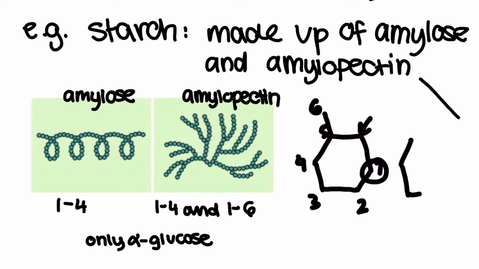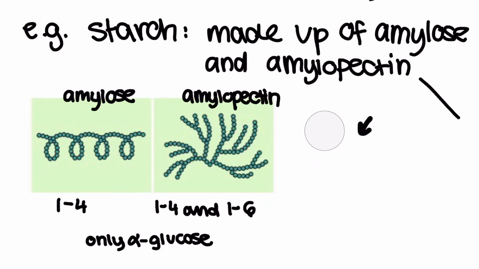And a 1,6 bond means that the carbon at the very top of the ring structure, the one that is attached to the 5th carbon, would be bonding with the 1st carbon of the structure. So because of this 1,4 bonding arrangement, it actually causes the structure to curve, because if you remember from our diagram earlier, when these 2 carbons actually bond together,